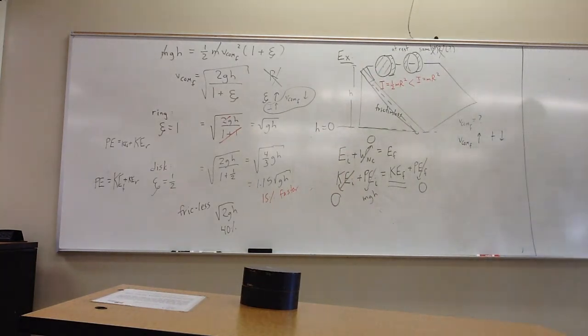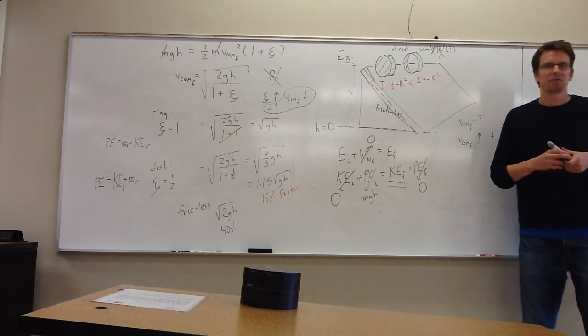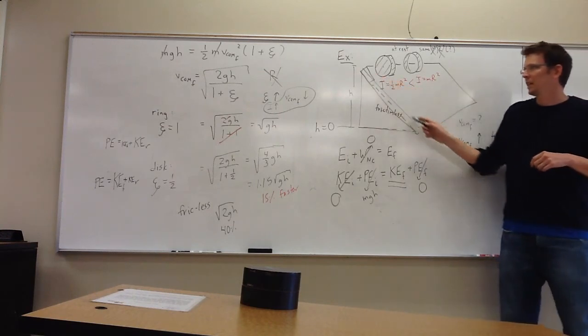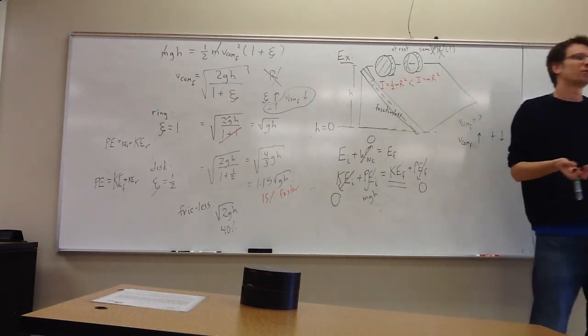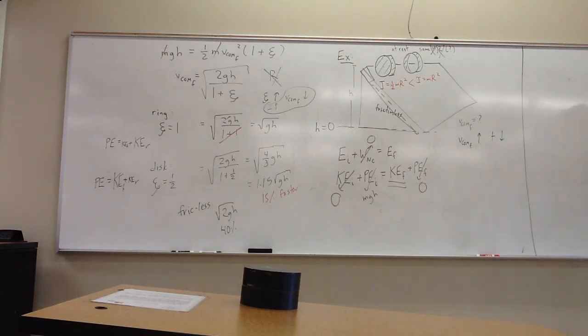Square root of 2 is about 1.41, right? So 41% faster. That's no competition, because this doesn't have to spend any energy into rotation. It's got it all, keeps it all for translation. Okay? And the more you have to spend towards rotation, the worse you will do, right? Because you have a larger rotational inertia, you will